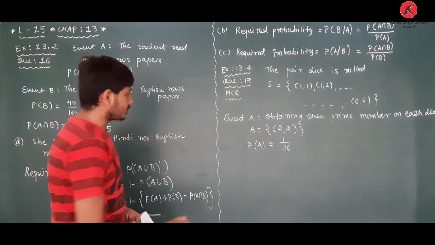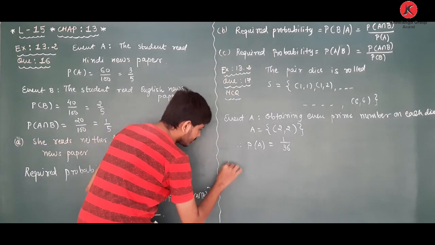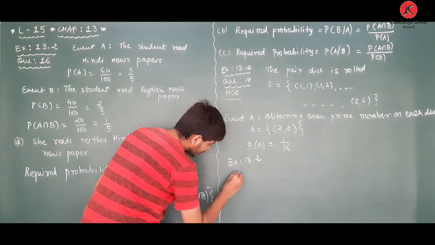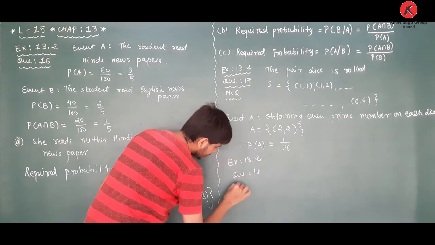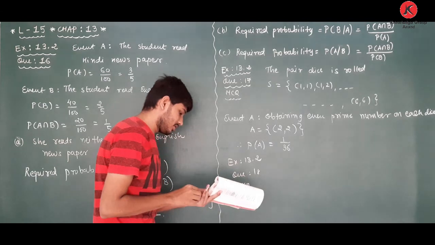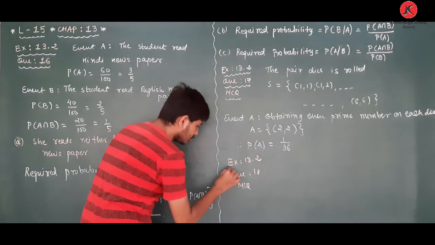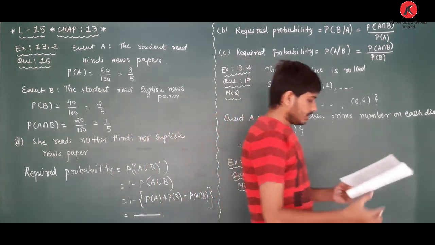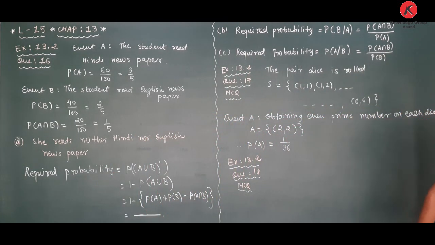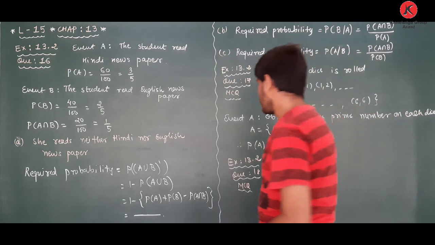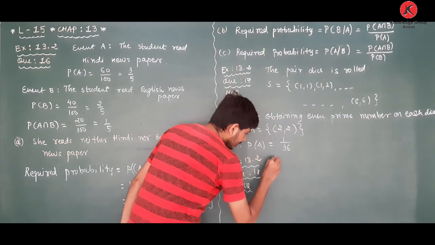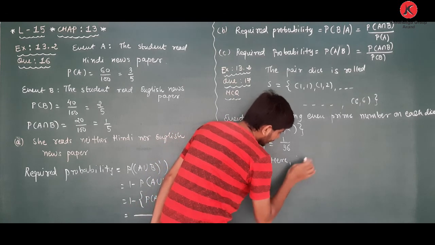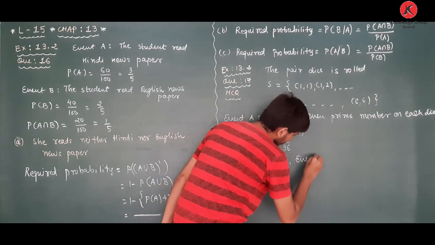Next one, question number 18, which is also an MCQ, exercise 13.2. Since it is an MCQ question, today we are completing 13.2. Two events A and B will be independent. Here, events A and B